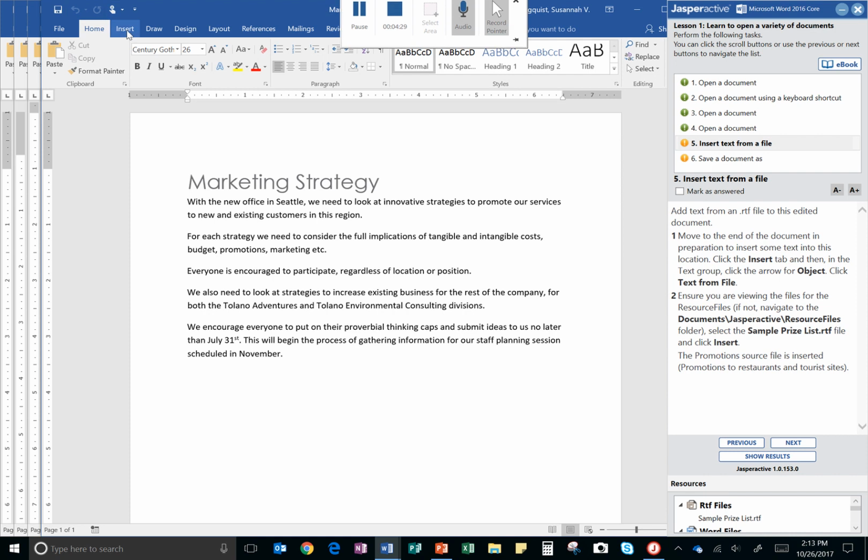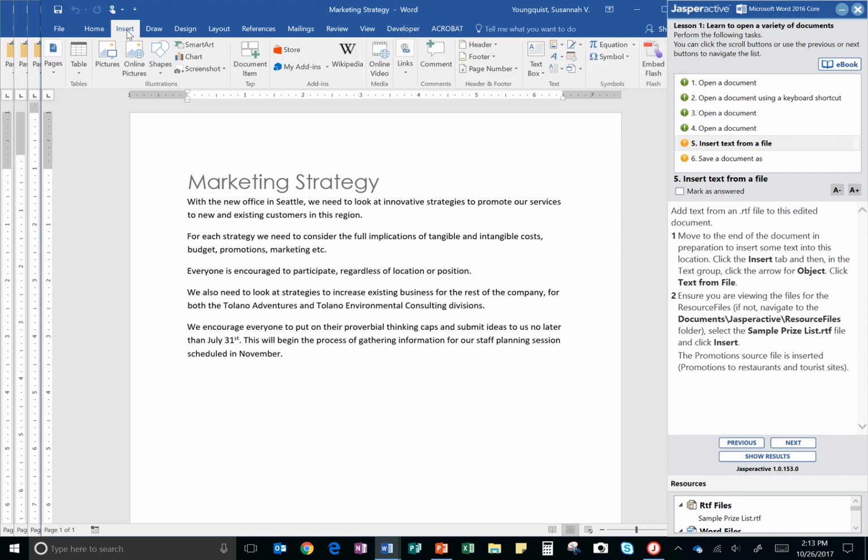So it wants me to click on the Insert tab, so I'm going to put my cursor all the way at the end first. There we go. And then it wants me to click on the Insert tab, and then in the text group. So remember, there are groups here. I'm looking for the one that says text. There it is right there. In the text group,